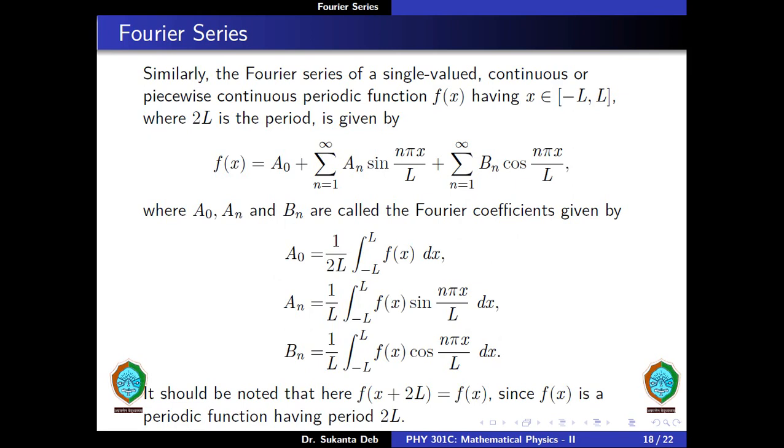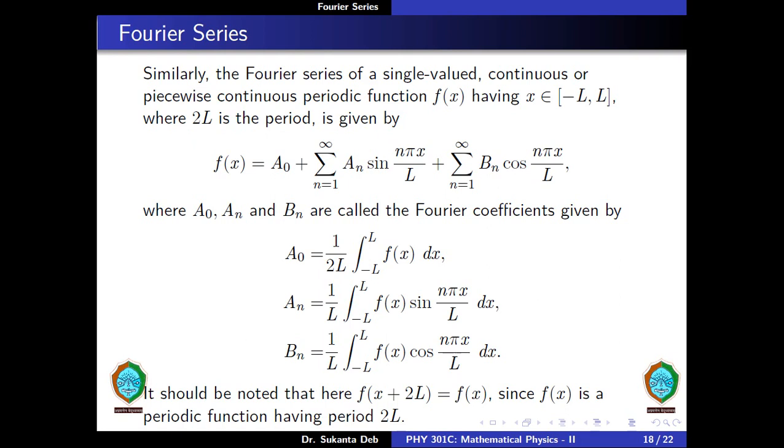Similarly, the Fourier series of a single valued continuous or piecewise continuous periodic function f of x, having x lying between minus L to plus L, where twice L is the period, is given by f of x is equal to a naught plus summation over n is equal to 1 to infinity a n sin of n pi x by L plus summation over n is equal to 1 to infinity b n cos of n pi x by L, where a naught, a n and b n are called the Fourier coefficients, given by a naught is equal